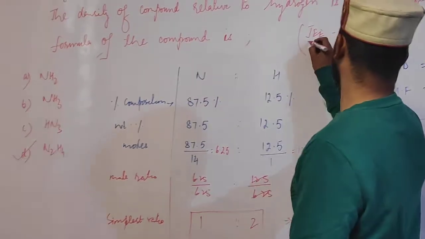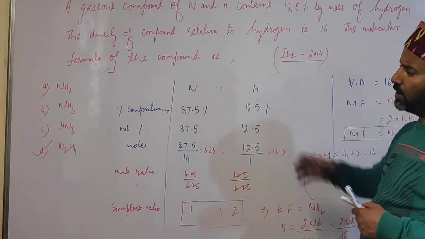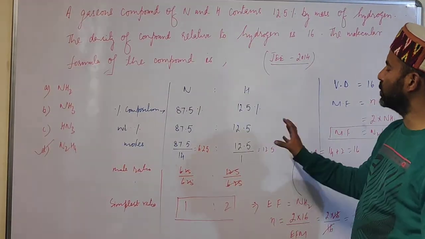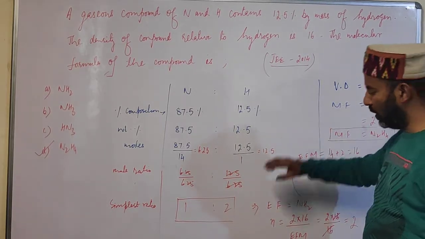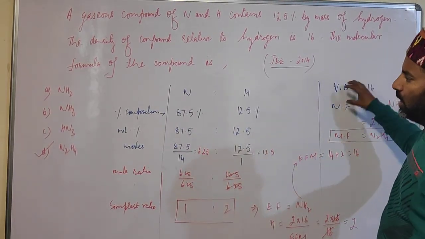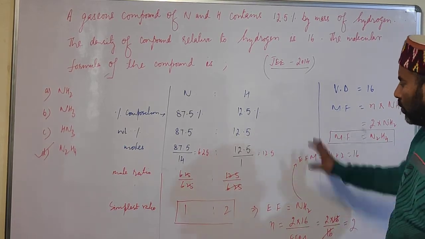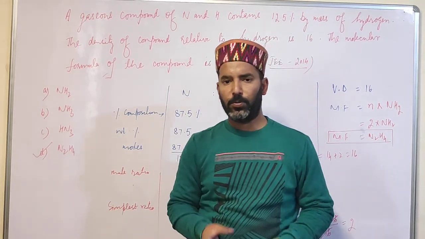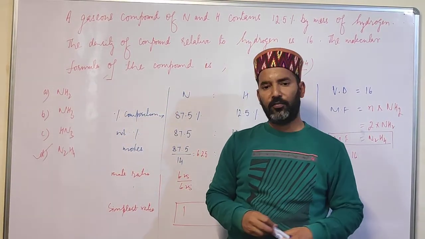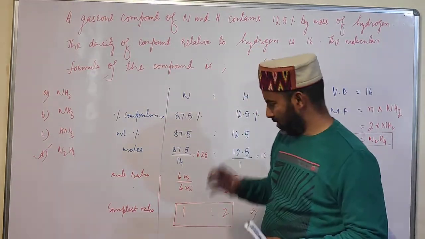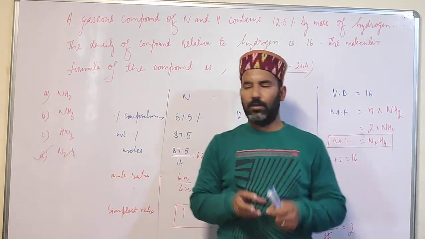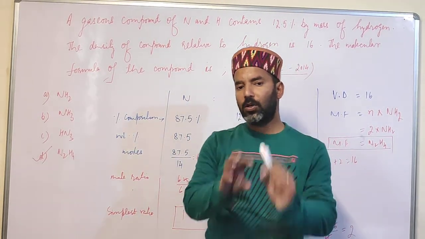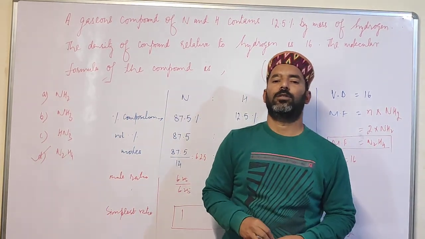Now this question was asked in JEE Mains 2014. So students, this question illustrates how to find the empirical formula from percentage composition, then how to find the molecular formula from the empirical formula if the molecular mass or vapor density of the compound is known. Now you should practice some more questions from your textbook, that is NCERT, or any other reference book. In the next lecture, I'll discuss stoichiometry, that means we'll apply the mole concept in stoichiometric calculations. Thank you, students.